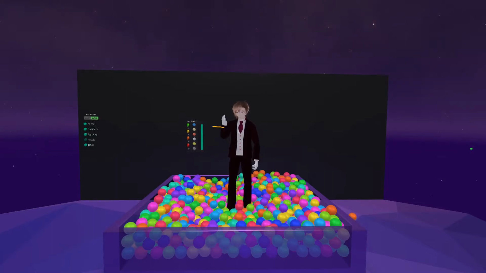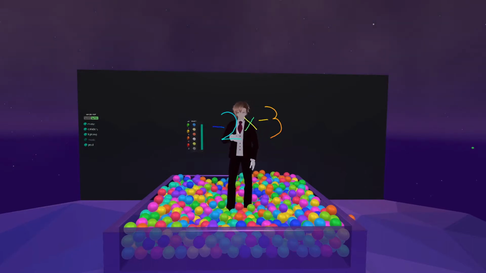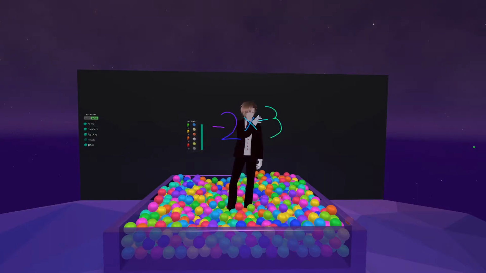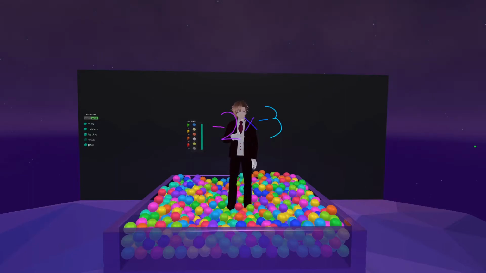So if I have negative 2 times negative 3. Well, let's think about what we're saying. We are taking away 2 groups of negative 3. Or we're taking away 2 groups of taking away 3. That sounds a little bit counterproductive saying it like that. But